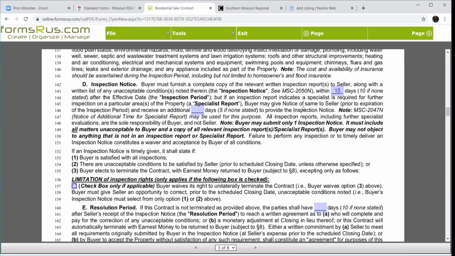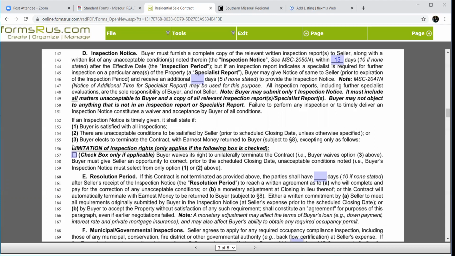Okay. So again, we've got this inspection notice, and if we don't do anything, then we essentially take it as is. All right, so look at lines 155 and up. I just ignore everything below that. Pretend it's just blank at the bottom. Once I've done an inspection, my buyer's got 3 options. To say I'm satisfied with the inspection, to say there are things that I'm not satisfied with and I want you to fix, or just to say, you know what, I'm not satisfied and I'm walking away.